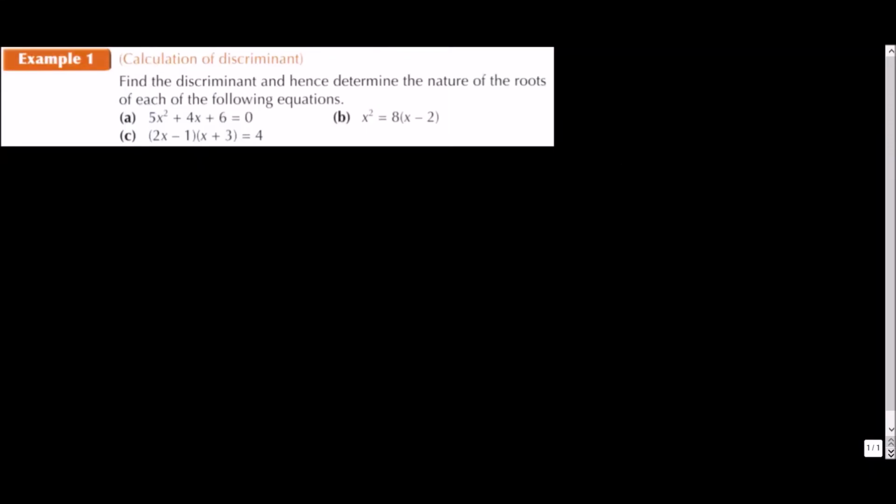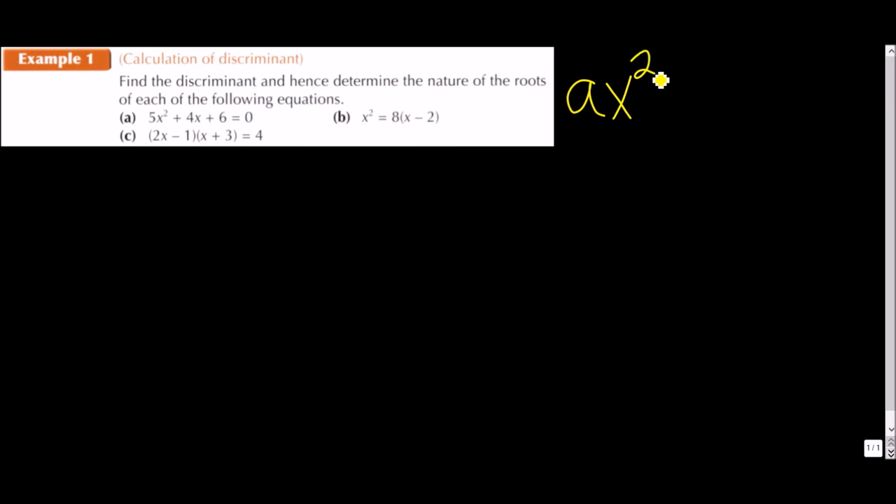Example 1 asks us to find the discriminant and hence determine the nature of the roots of each of the following equations. In order to get the discriminant, we have to have a standard form of a quadratic equation. Okay, so A is a perfect illustration of what that is. We've got our standard form, so we've got